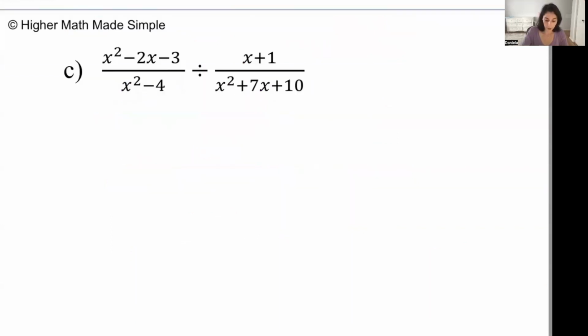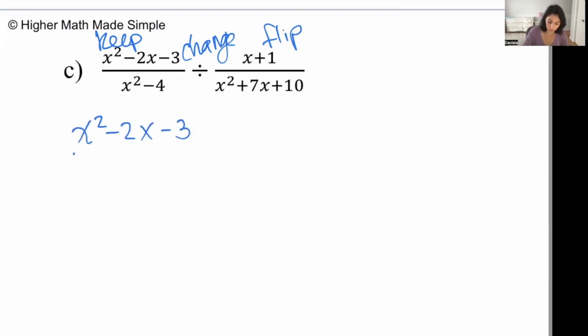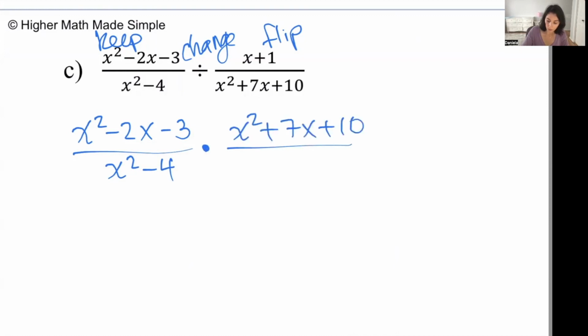So just a reminder, when you multiply and divide fractions, you do not need a common denominator. So whenever you divide fractions, we're going to turn it into a multiplication problem. You're always going to keep, change, flip. Okay, so we're keeping the left fraction, so I'm just copying that down. We're changing it to multiplication, and then we're going to flip that second fraction. So it'll turn into that multiplication problem that we did earlier, where we're factoring everybody, if factorable,